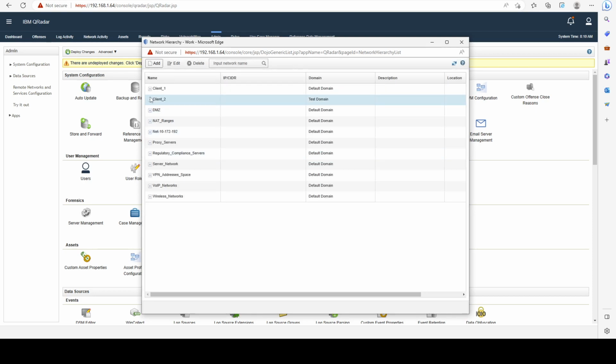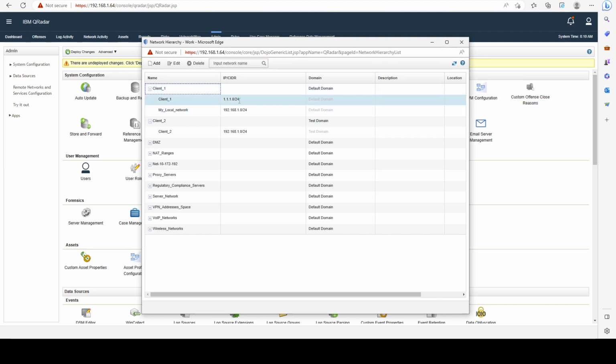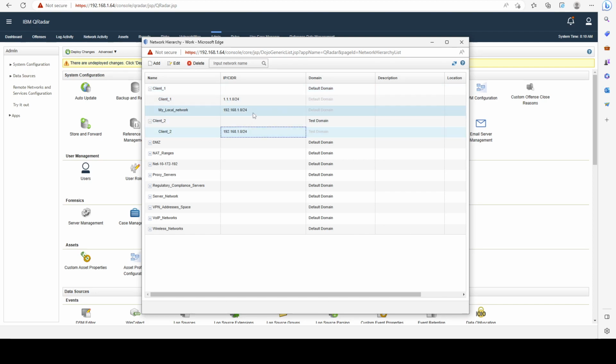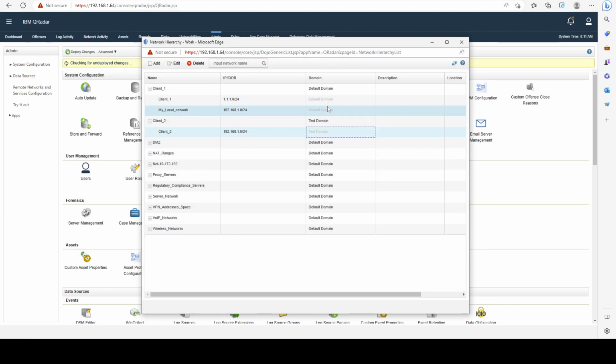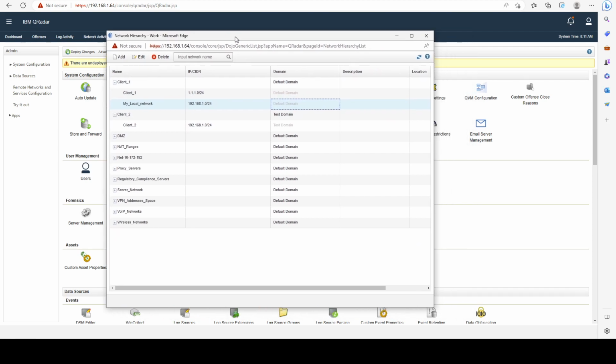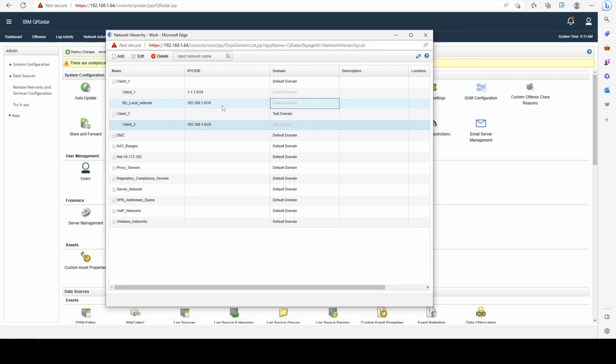So now we have client 2 and client 1, but both of them have the same IP range. So how does Curator know to differentiate between them? It's because of the domain definition, right? Because we assigned test domain here, and because this one is default domain, Curator knows to make a difference between the IP ranges of the default domain and the IP ranges of the